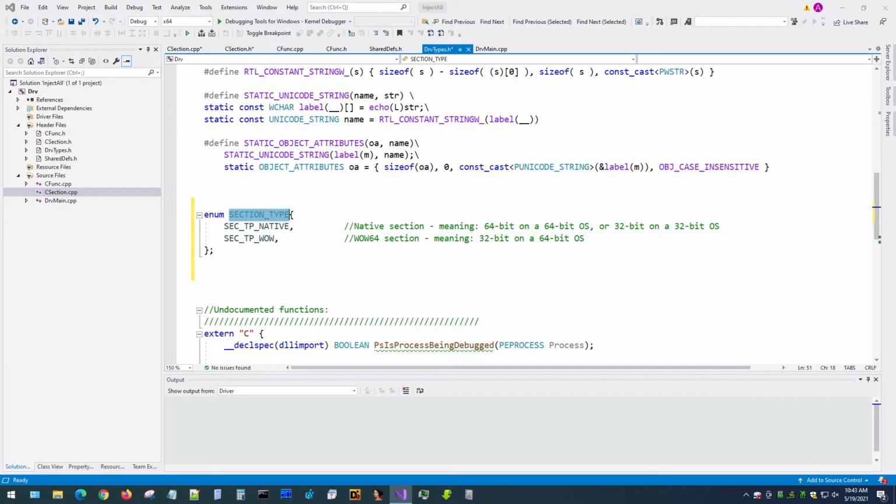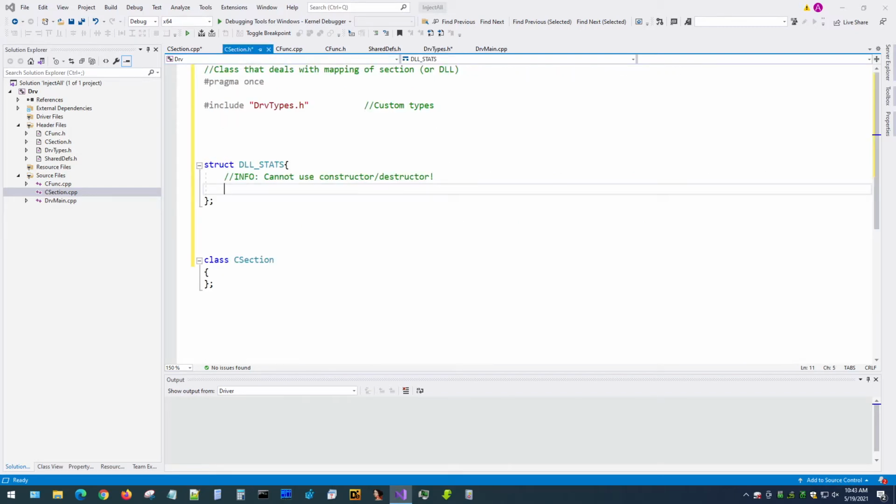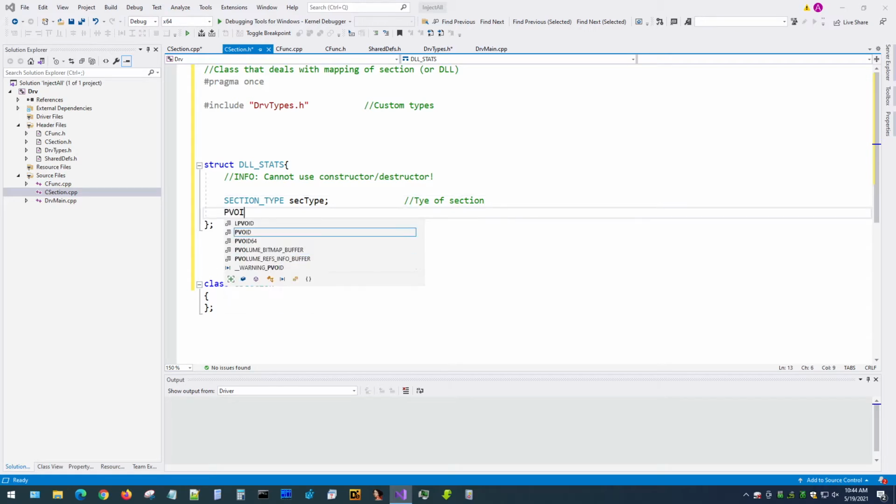Okay, so let's go back into our section header here, and what we will do, we will set up these internal parameters for our DLL. So one would be section type, and here we would say type of section. So we will define it internally. Now we will also need a section object itself that we will create. Let's just say, if not null,